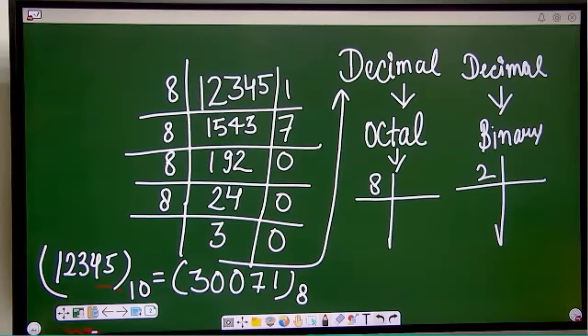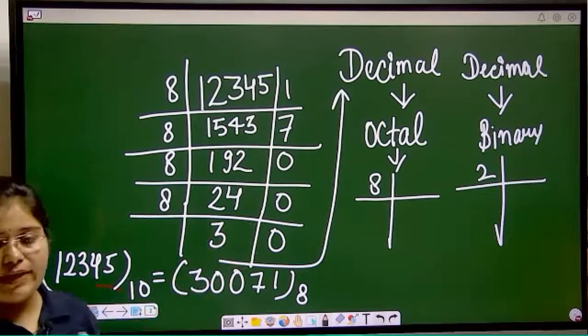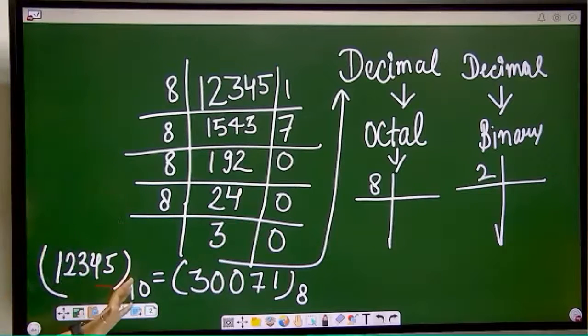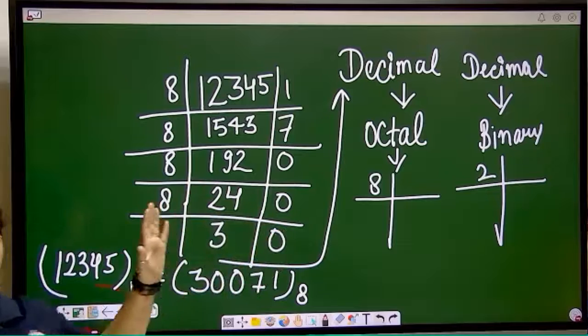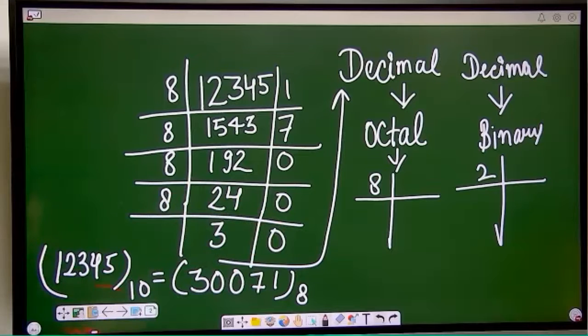If you understood decimal to binary in the last class, then it will be very easy for all of you to understand decimal to octal, because the same method, the division method, we have to use. The only difference is in the base value. In octal we have to divide with 8. In binary we divide by 2, and the same method we will use in hexadecimal, so there we will divide with 16. Now I will continue with the next one.